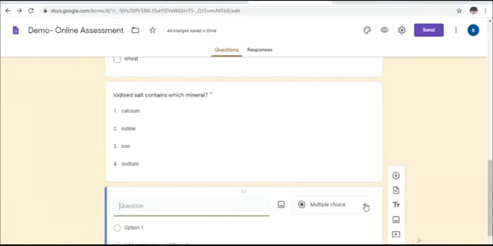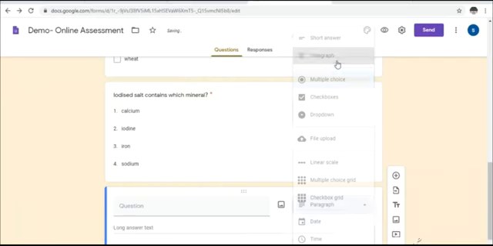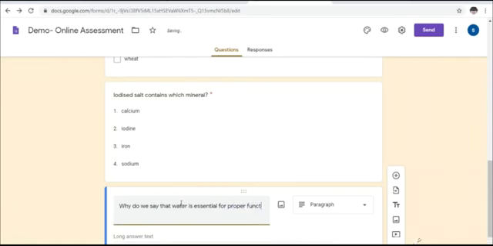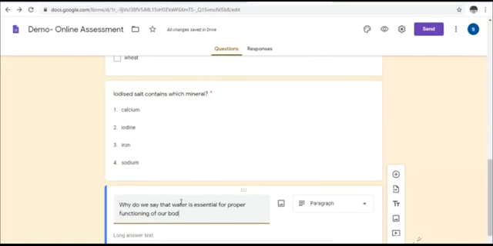So let me take a paragraph question. For this paragraph, I wanted to write the question: why do we say that water is essential for proper functioning of our body?